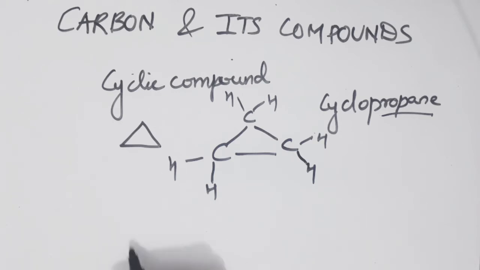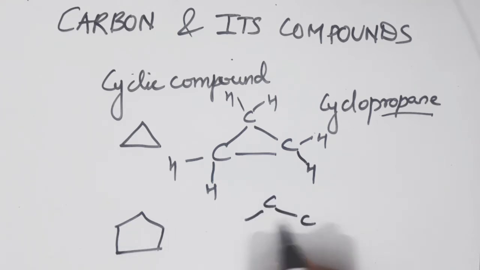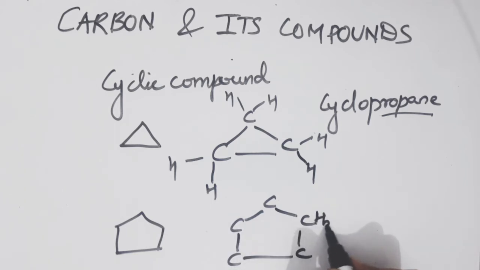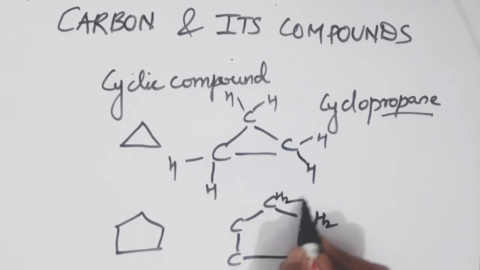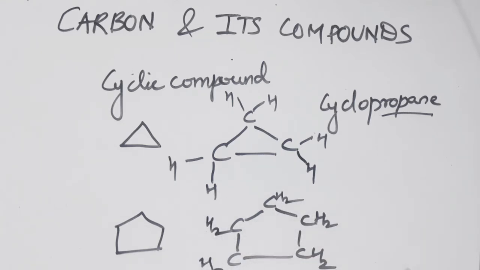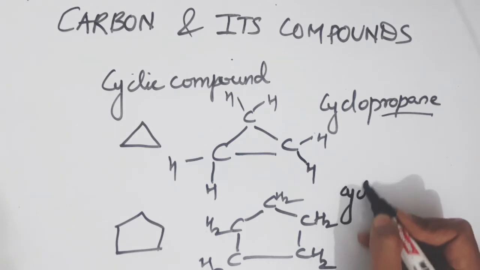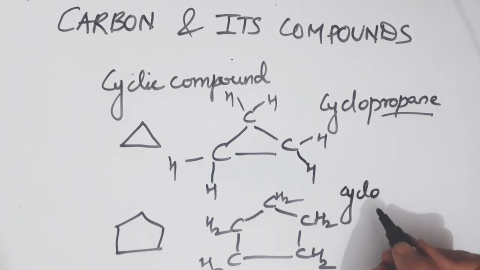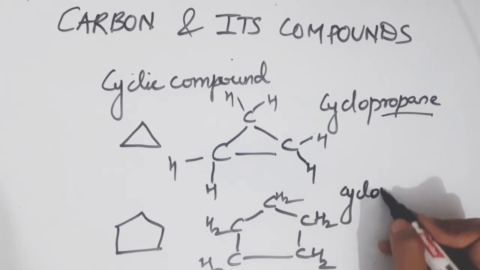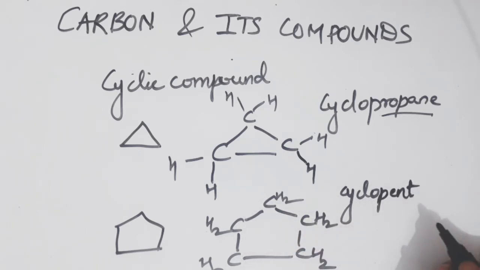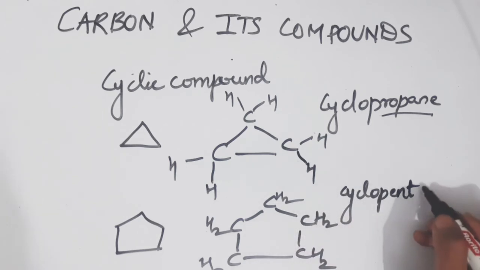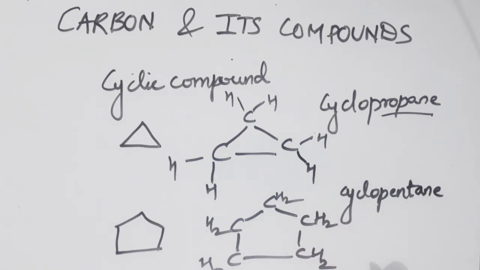Right. So if I give you another structure of cyclic compound, this will have 5 carbon atoms, all will have 2 hydrogen atoms attached to them, and while writing the name you will just have to add a cyclo in front of this. So cyclo will be the prefix, then we will have 5, for 5 we add pent, and then it is again having all the single bonds, so it will be named as cyclopentane. This is one more compound.